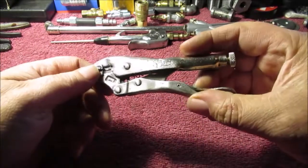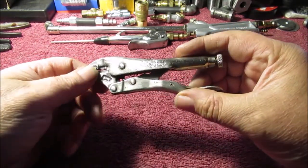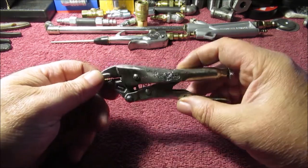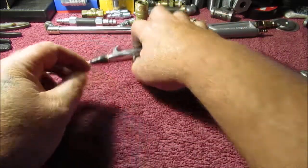Pair of vice grips I did. These are my old ones. They were black, had a little bit of paint on them. You know, really dulled out, old. I did my blowgun